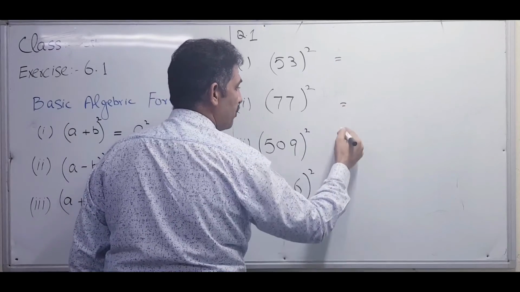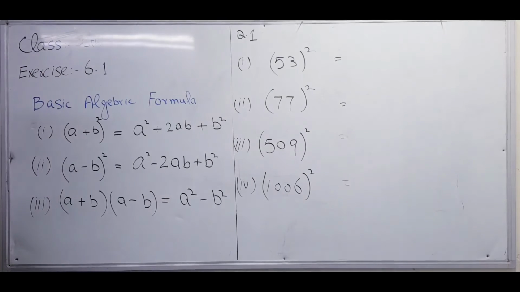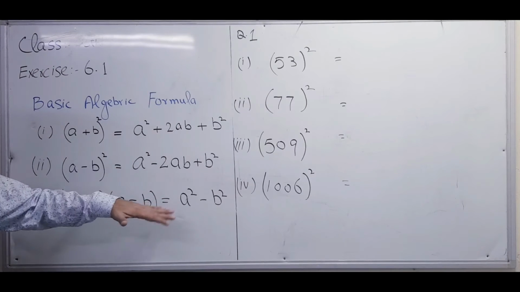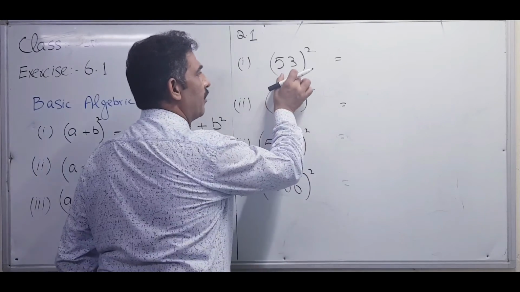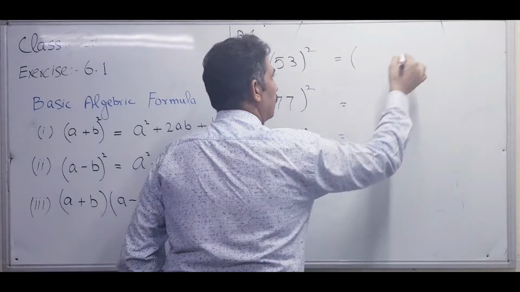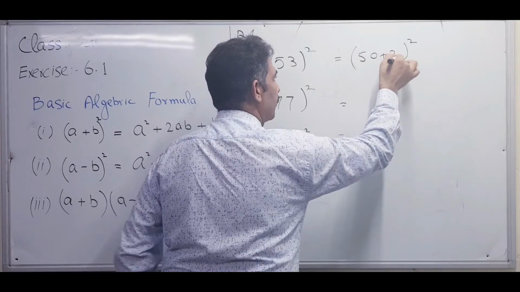If I want to use the first formula, then I will make the pair for the first formula for you. Then after that, the second formula. Then simplify, and you solve like I explained before. Like 53, plus two numbers, we have to find out whose sum is equal to 53. The square of this one, I think 50 plus 3, 53.